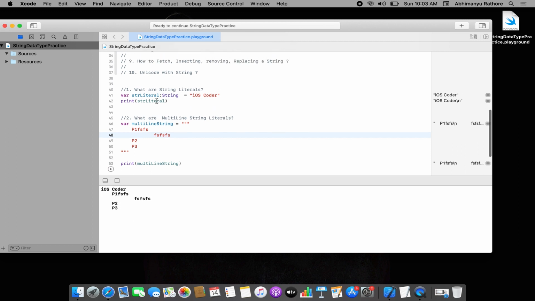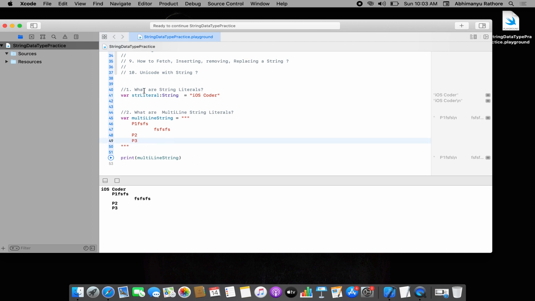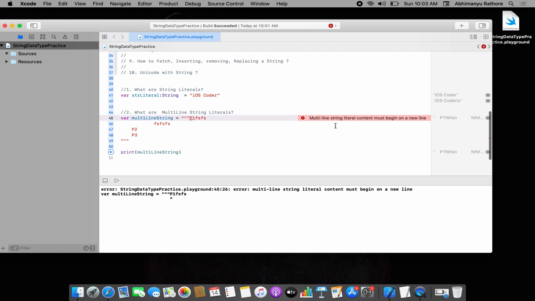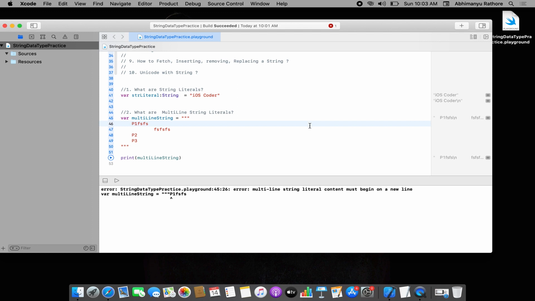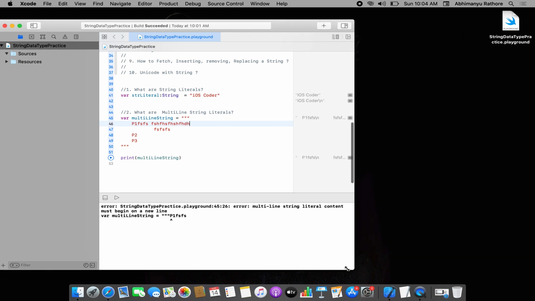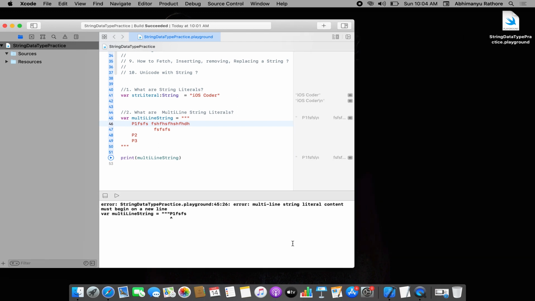So it's very fantastic. Now if I go like this, it will give you an error: multi-line string literal contents must begin on a new line, which I already described. One more thing you need to take care of: if your data is very lengthy and your source code is looking very ugly, and you want to manage it in a small space so that everybody can read it, and the line also should not break, then you can use this